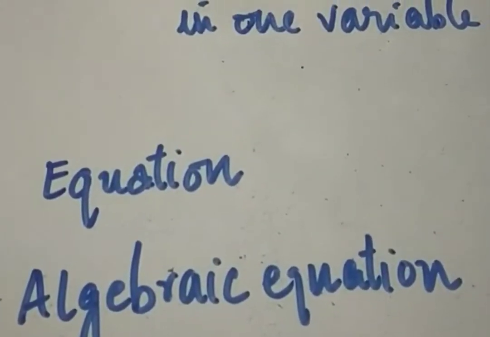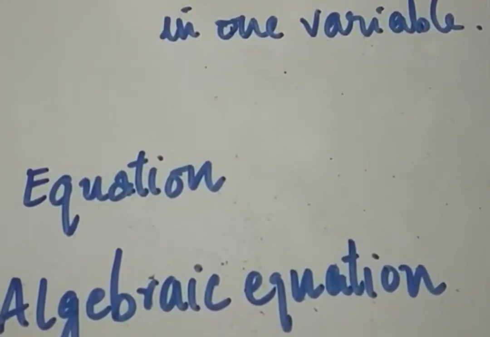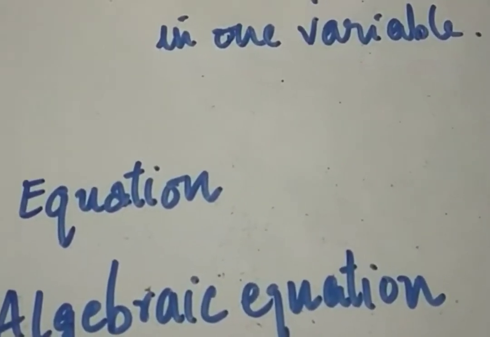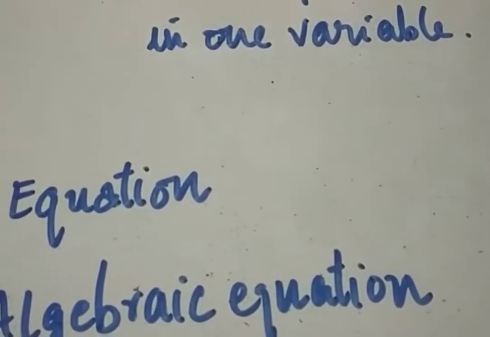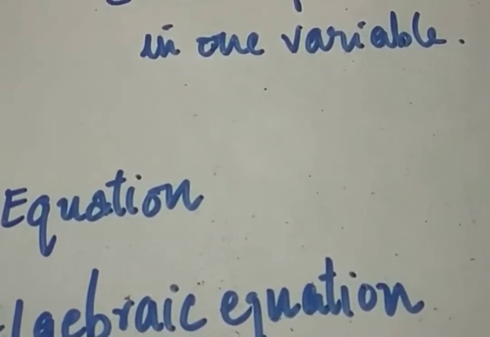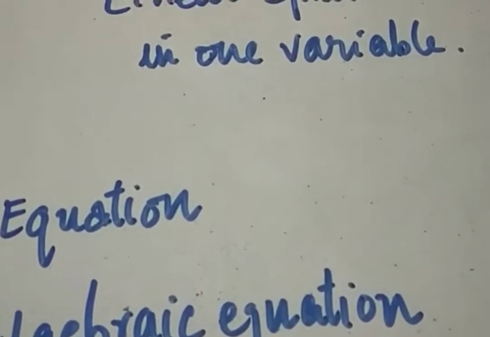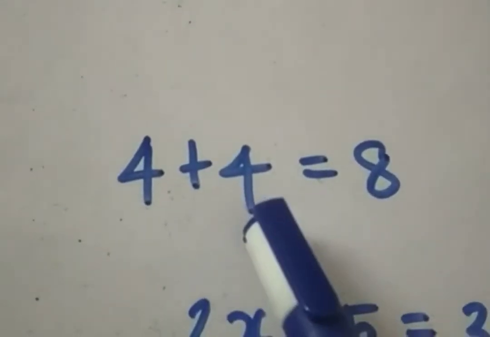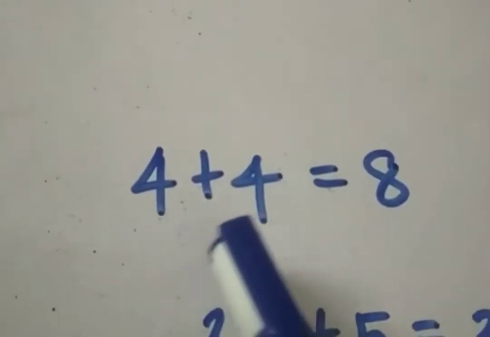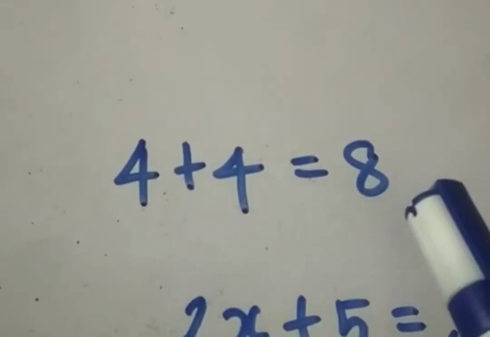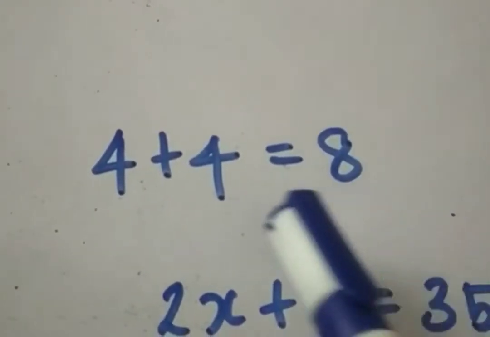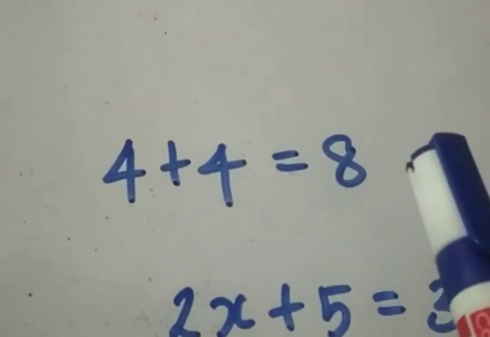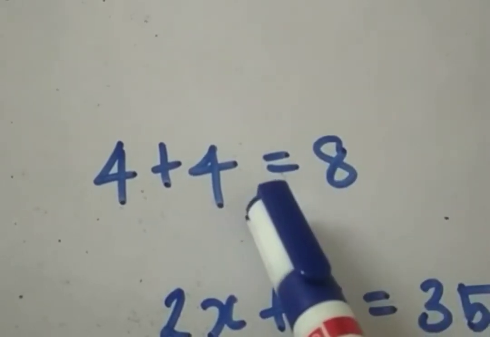First of all, let us understand what is an equation. We know mathematics is full of equations, right? Then what is an equation? An equation in mathematics is a mathematical expression which involves an equal to sign. Here you can see an example. 4 plus 4 is equal to 8. This is a mathematical statement, right? Since it involves numbers. And in this expression, we have an equal to sign. So, we can call it as an equation since it contains an equal to sign.